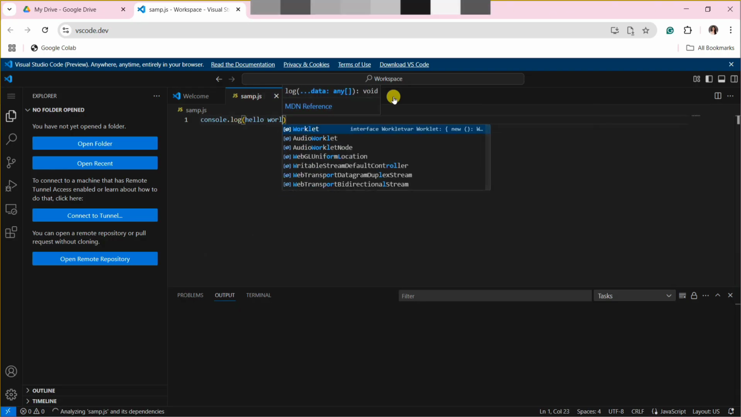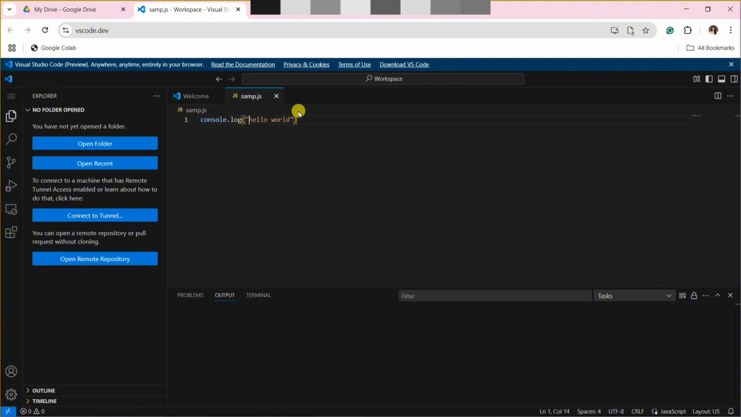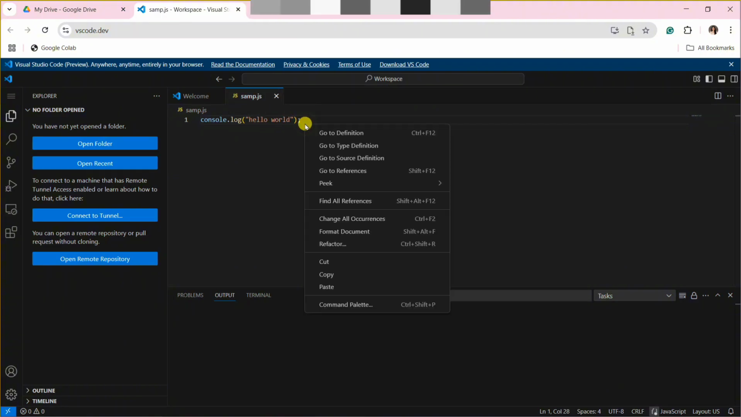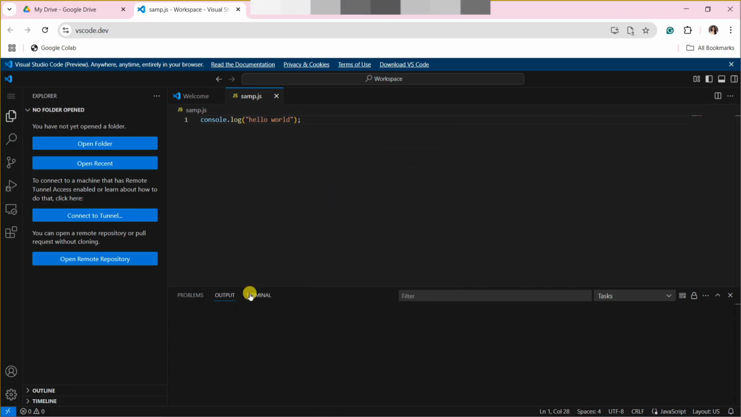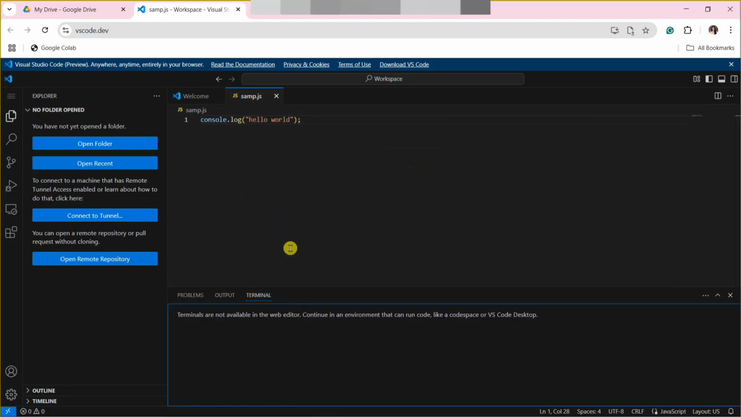Open the integrated terminal in Visual Studio Code and navigate to the directory containing your JavaScript file using the cd command. Run the file using the command node app.js. You should see the output in the terminal. You can also install the Code Runner extension in Visual Studio Code to run JavaScript files directly without using the